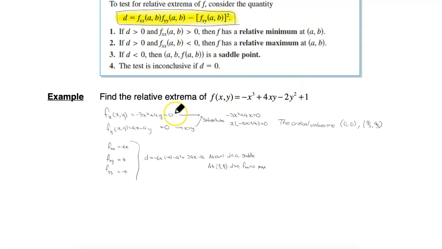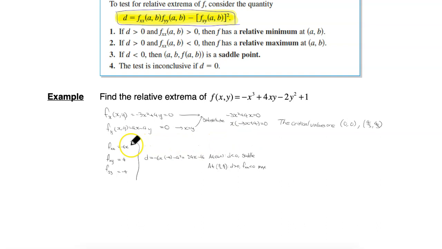So we look for the critical points by setting the first partial derivatives equal to 0. And after a little bit of work, we do have a system of two equations in two variables. So sometimes it's a little harder. It doesn't just throw the solution directly at us. We have to work more. But we find that there are two critical points, 0, 0, and 4 over 3, 4 over 3. So we can calculate